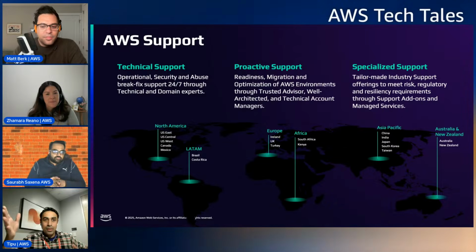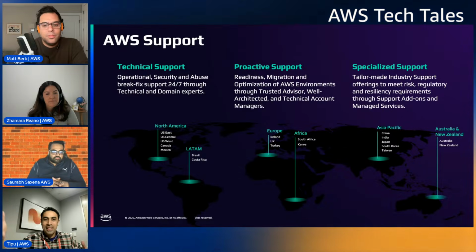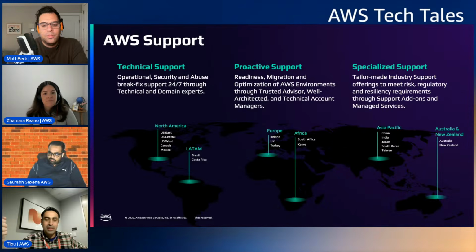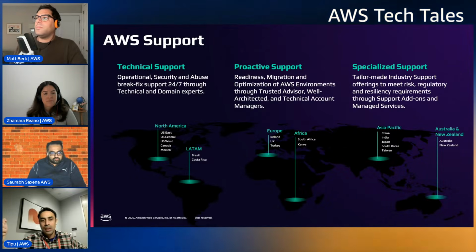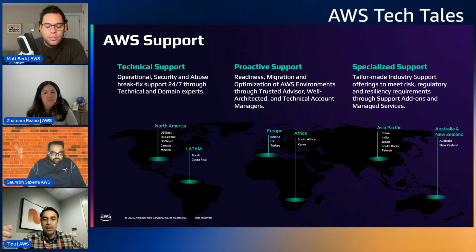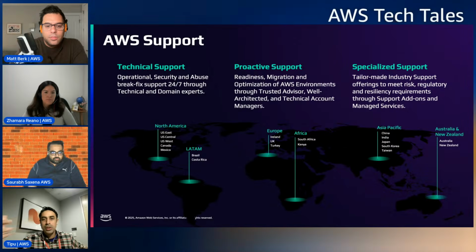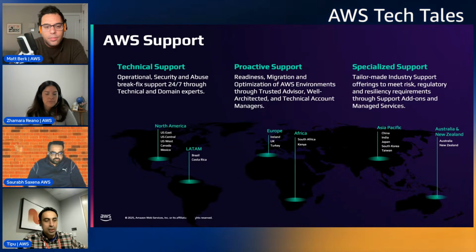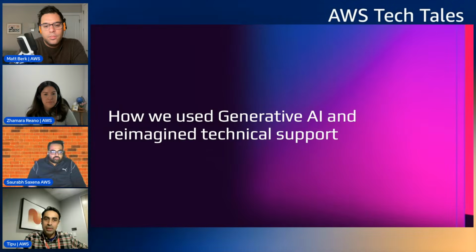Yeah. So this is just depicting our journey, right? As I mentioned, when AWS support started, it was just a few services, and we only had a few sites. We only had to support English. We had just launched Japanese, and since then we grew significantly. We realized, based on what we heard from customers, that they needed proactive support, and so from migrations to specialized industry-specific support, because it really changes. Customers have told us so many times that they want personalized support to make sure that we meet their needs and do it as comprehensively as possible. And so that led to some of these things we built.